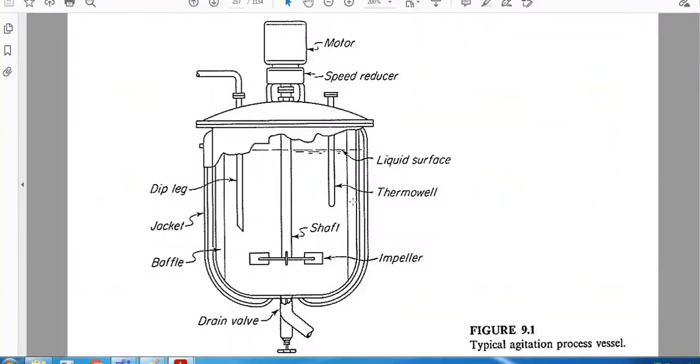If agitation is stopped, remember, somebody has switched it off, what will happen? You are pumping ammonia. What will happen? The temperature at that particular point, a local hotspot, will increase. Or you can find one more thing: the pressure indicator, if it is kept on the reactor, will also increase. Why? Because the ammonia gas should be present in the liquid, but if the agitator is not functioning, what will happen? In this particular zone, the concentration of ammonia is high, and then the ammonia slowly comes out from the top, and here it will be pressurized. So that is the important factor.